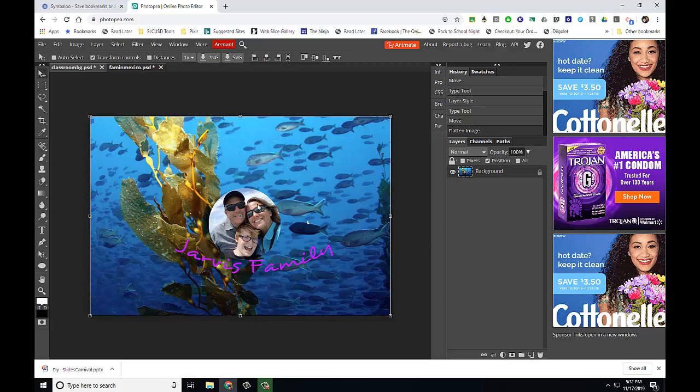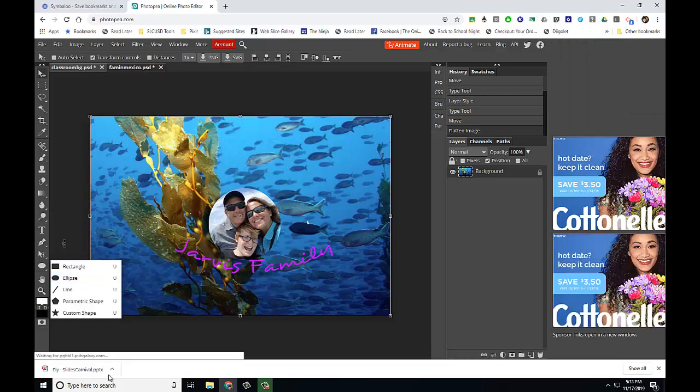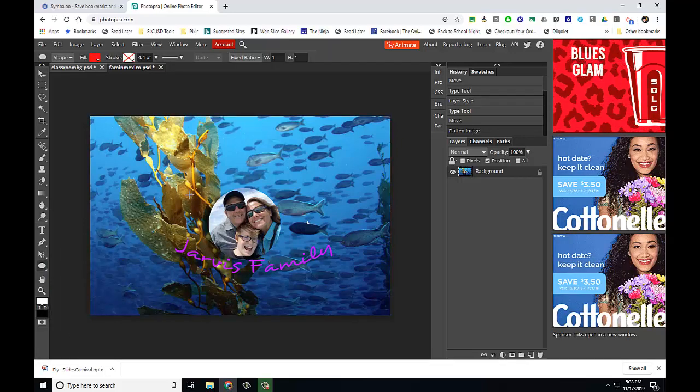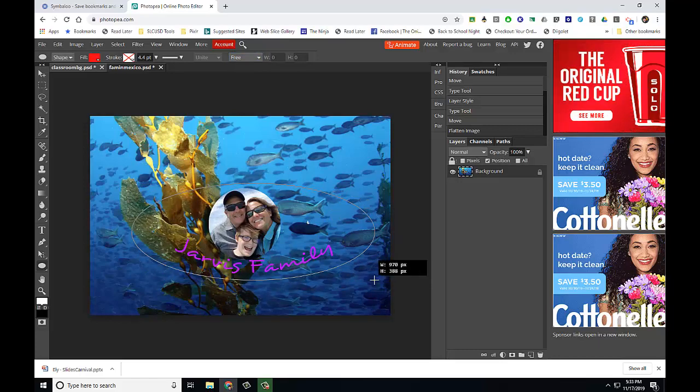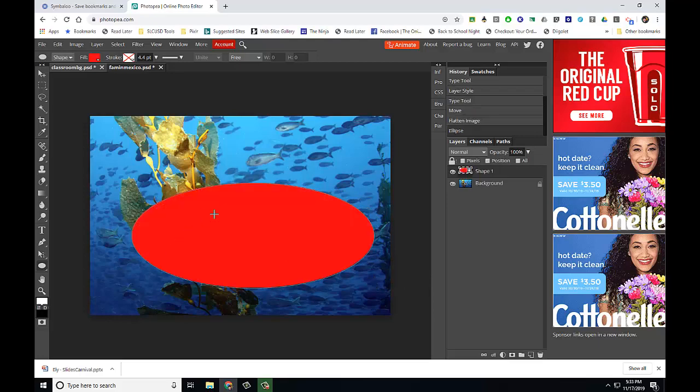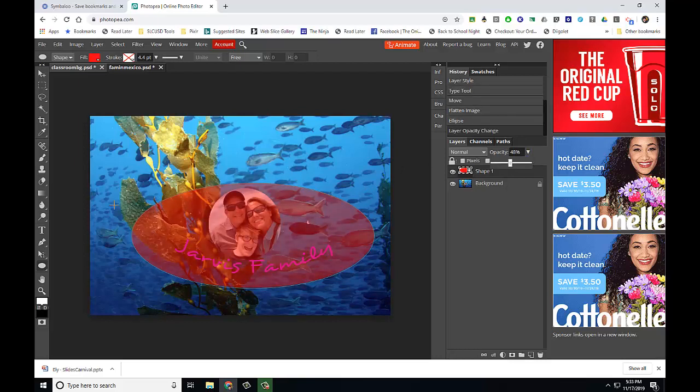And I'm going to do the same procedure I did before by drawing a circle or maybe a different shape, but I'm going to be boring and do a circular shape. I have fixed ratio 1:1. I think more an elliptical shape might be nice for my logo. So I'll do that. How's that? I can't really tell if I like that or not, what it's covering. So if I want to be able to see through it, I can change the opacity. Okay, and then move it around